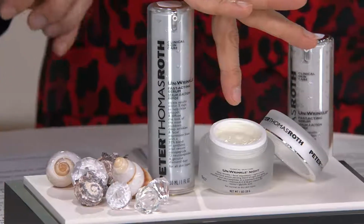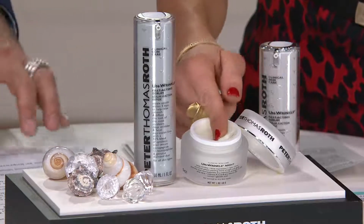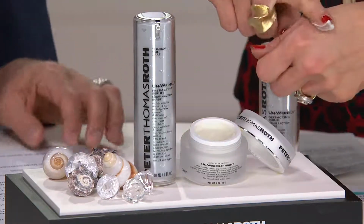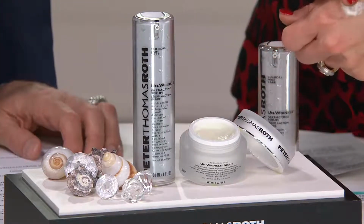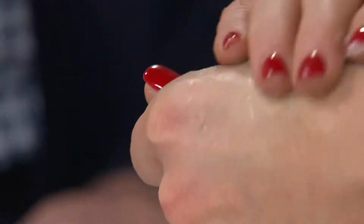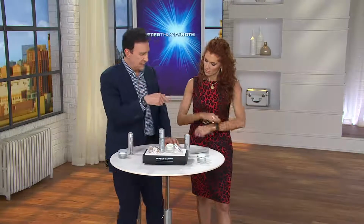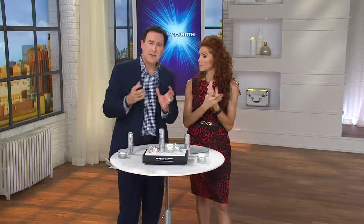People, you guys, the reason why I put them together is you are loving it. Look how thick and rich it is. Well, this is almost like a balm. When you look at this, it has a decadent, balmy texture to it, but yet it's not greasy. Do you see how thick that is? Wow, this is wonderful. And it's a 24% blend of my special Unwrinkle ingredients with snake at 4%, SNAP-8 at 10%, Argireline at 3%, Synchol at 3%, Matrixyl 3000 at 3%, and Syntax at 1%. And a little retinol. The reason I'm telling you that is,